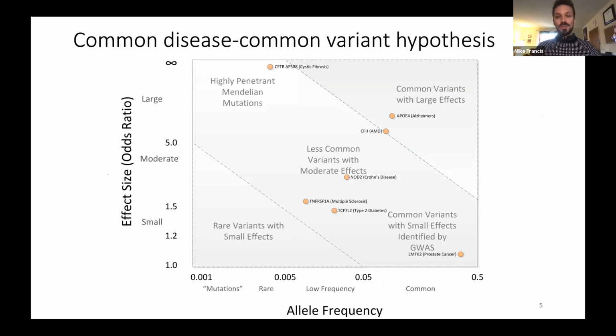When we're thinking about GWAS, we want to think about the common disease, common variant hypothesis. Up here in the upper left hand corner of the graph, we have highly penetrant Mendelian mutations. Something like if you have one variant, you're going to get this disease. Cystic fibrosis is a very powerful mutation, and it has a very large effect. But for things that I study, like metabolic diseases, obesity, type 2 diabetes, Alzheimer's disease as well, we're going to be thinking about common variants working in a group that all have small effects.